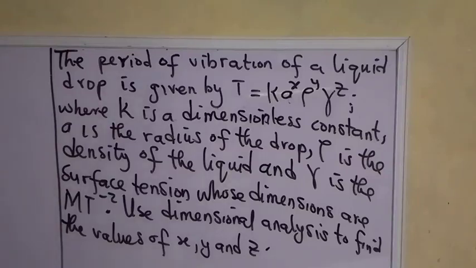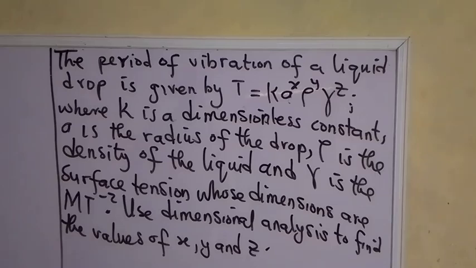Okay, guys, here's another question for us to solve. The question is this: the period of vibration of a liquid drop is given by T equal to K A raised to power X, rho raised to power Y, tau raised to power Z, where K is a dimensionless constant, A is the radius of the drop, rho is the density of the liquid, and tau is the surface tension,